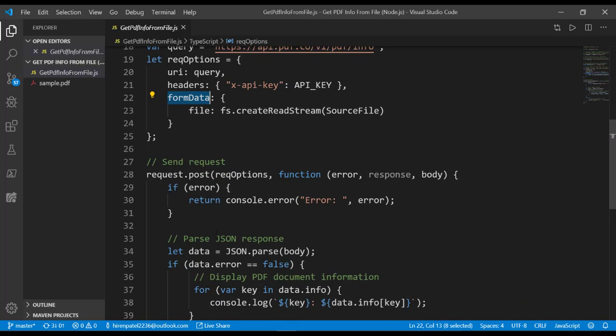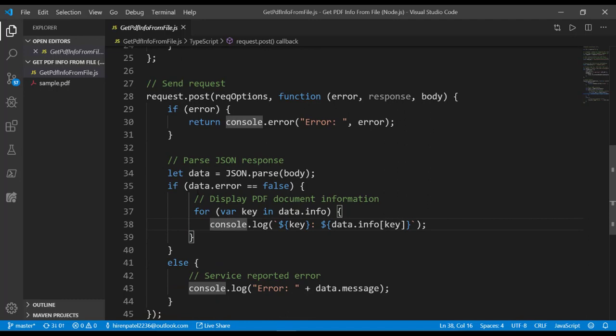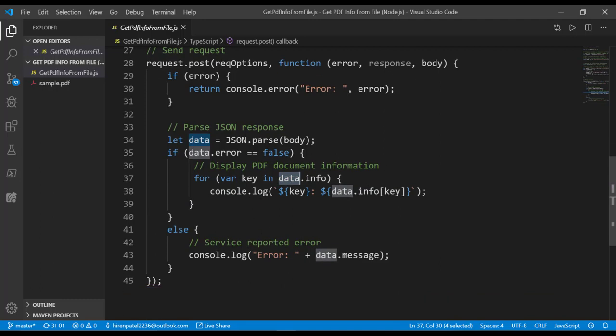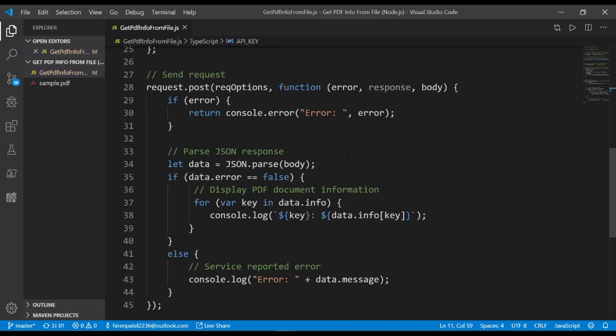Upon the response, we are going to see whether it succeeded or not. If it succeeded, then we are going to get all the information we received about the input PDF file and display it in the console. So let's see it in action. I have already replaced the API key here.